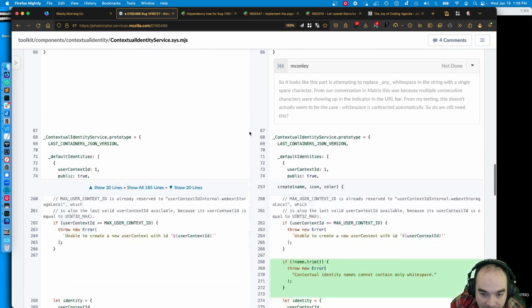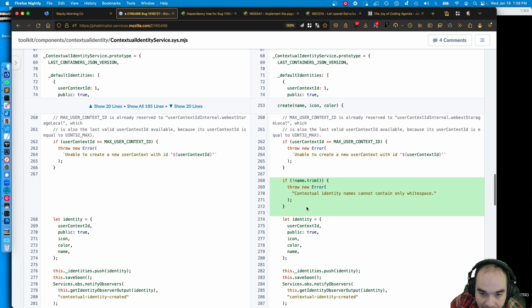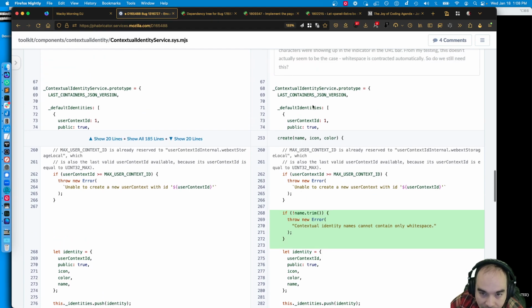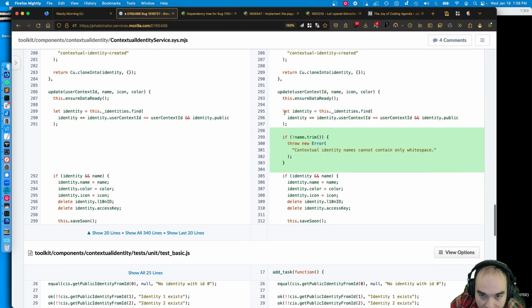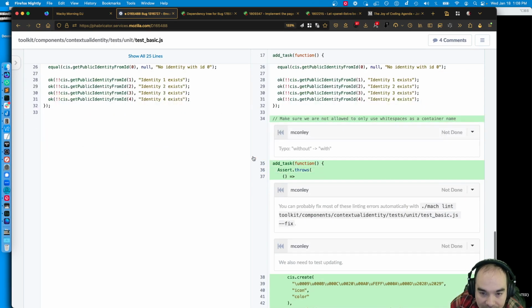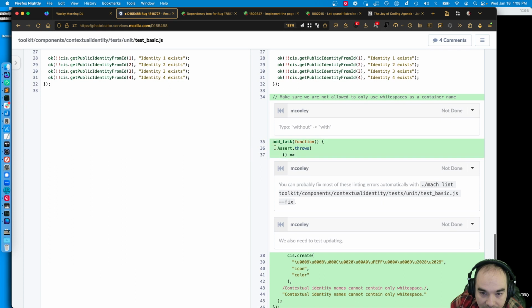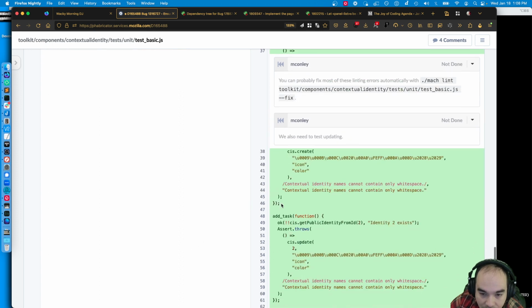And let's see. This is the important part. Contextual identity names cannot contain only white space, so we don't allow white space only names to go through the create method for contextual identities. And then the same thing for updating. And then I asked for a test that we assert that this method throws, calling create, and we pass in some white space character only name and some other values here, and then we expect this message to come back. And then there was one for